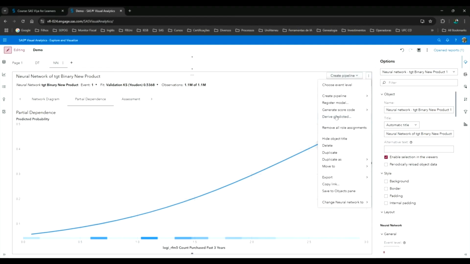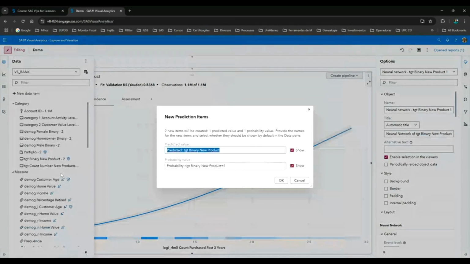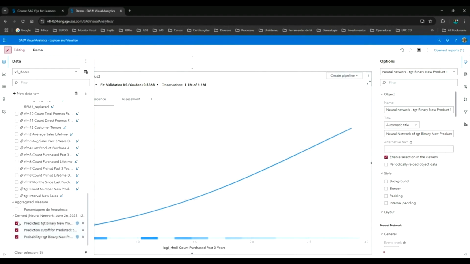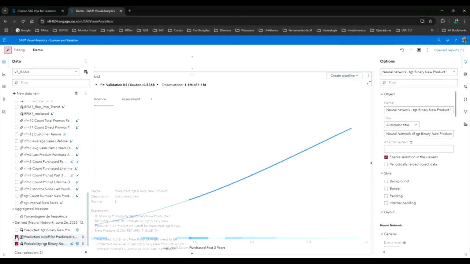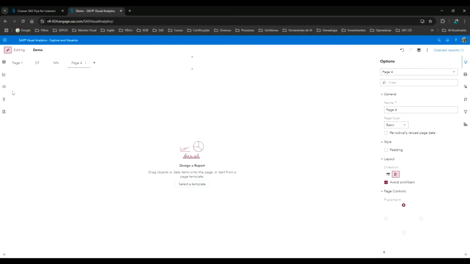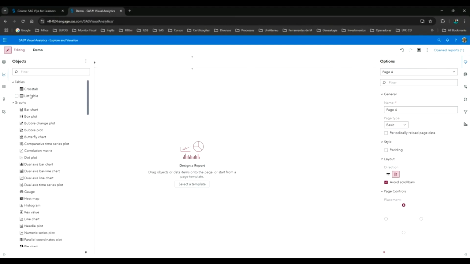When we do this, look here, we will have new variables just in metadata, but we can see this.